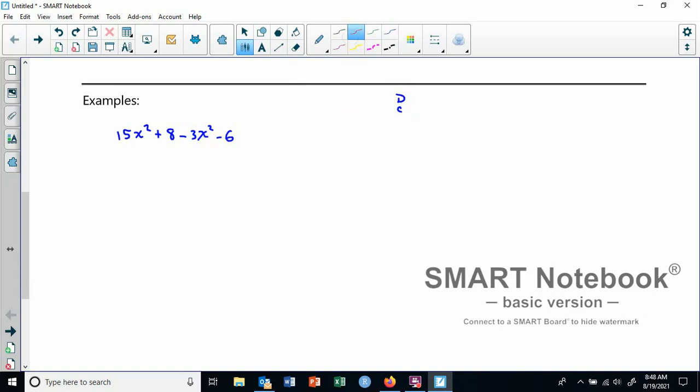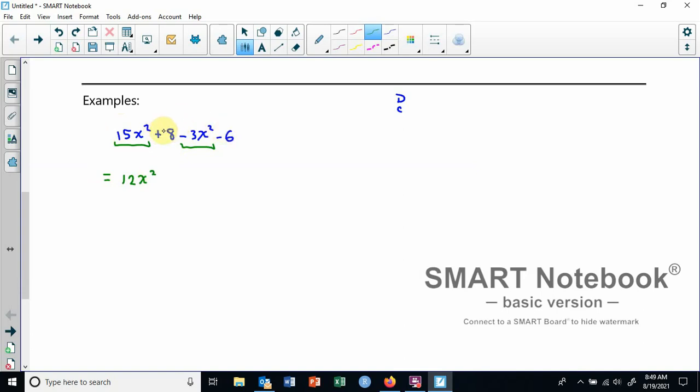So look at this first one. There are no parentheses, so there's nothing to distribute. Now, I do have some like terms. I have 15x squared. Let's see, are there any other x squareds? Oh, right here. Minus 3x squared. So I could take the time and rewrite it so that they're beside each other, and then do 15 minus 3 or plus negative 3, whichever way you like to think of it. But I think we're smart enough to just be able to say, alright, well 15x squared and minus 3x squared are like terms. 15 minus 3 is 12, so I have 12x squared